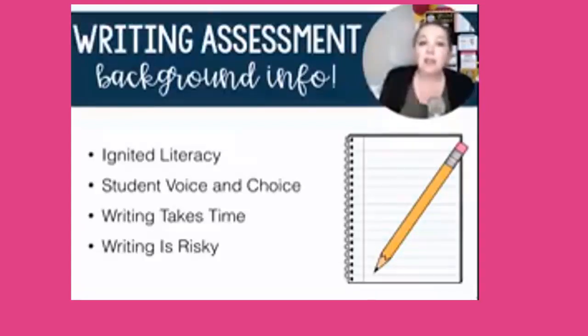Now, it also means that because my students are doing what they're interested in writing about, and not simply completing a task that I have assigned, where I've picked it, I've assigned it, I told them what to write, and they just write based on what I want, it makes writing more risky. So this is often going to be a bit of a hurdle at the beginning of using more of an inquiry spiraling approach in writing, because students need to learn how to trust you with their writing as well as trust themselves that their words and their voice matter when it comes to writing. So there's a bit of a hurdle sometimes at the beginning as students begin to explore themselves as writers.